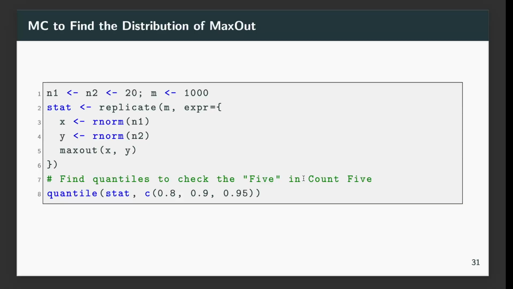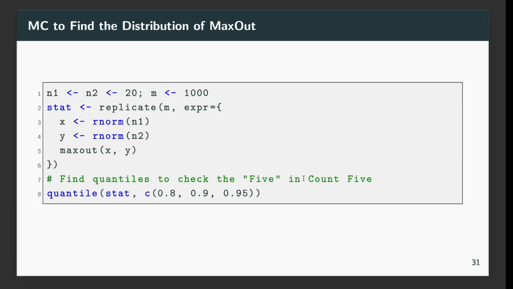So the key question here is, what is the 95th percentile of max out under the H null? If this is equal to 5, then the rejection rule would be to reject if the max out is larger than or equal to 5, which will give a test with a type 1 error rate of approximately 5%. If, let's say, the 95th percentile is 4, then the test will be anti-conservative. But if it is equal to 6, then the test will be